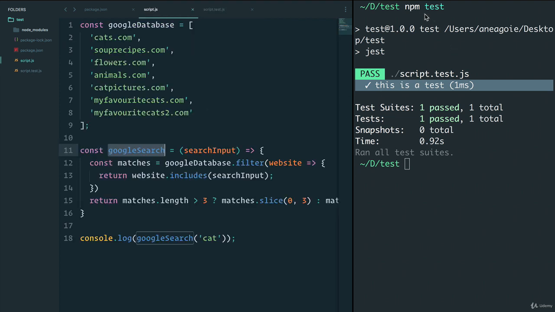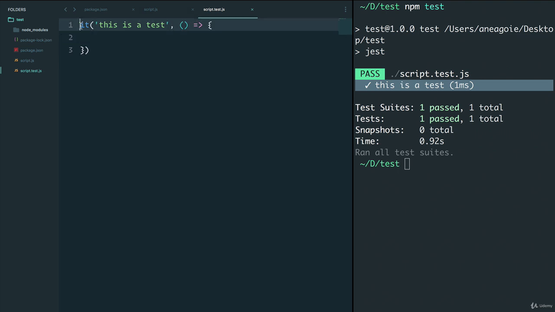Now, because this is Node, and we're not running in the browser or using Babel or Webpack, we don't have the import and export statements yet. Node is working on that, but for now, they're still using CommonJS, which, as you might know, has this syntax, module.exports equals, and we'll just do the Google search. We're going to export this,